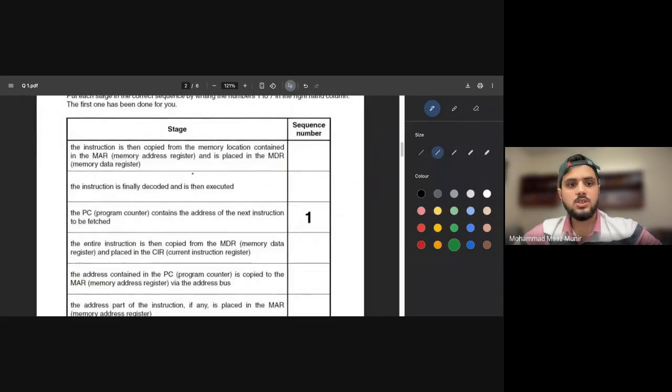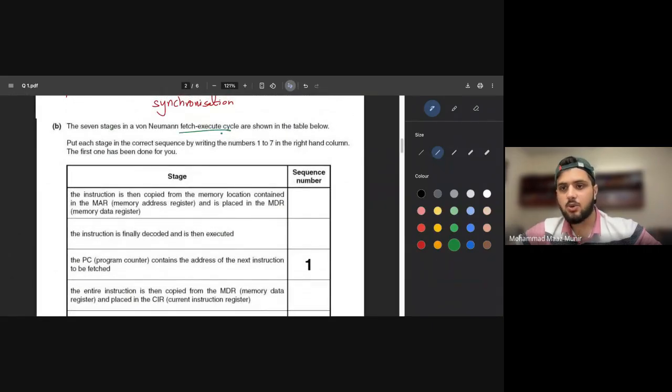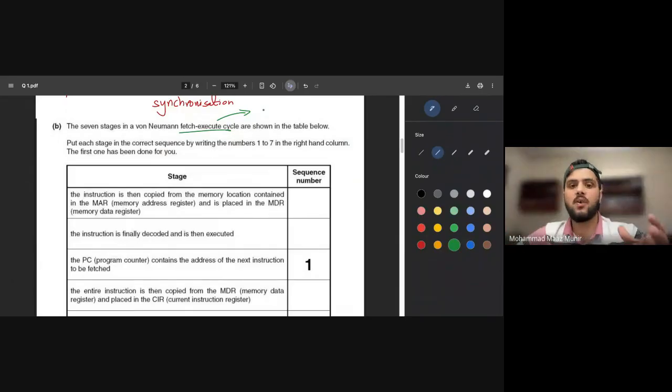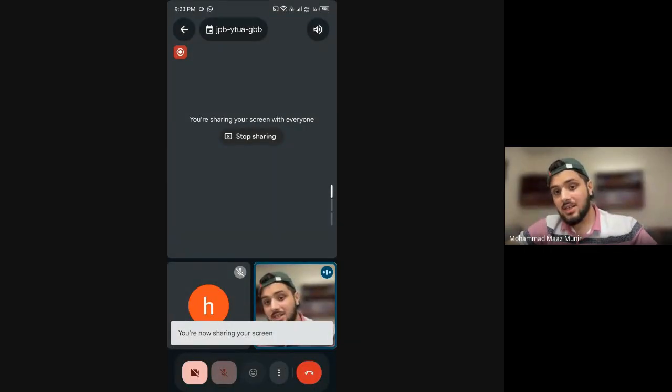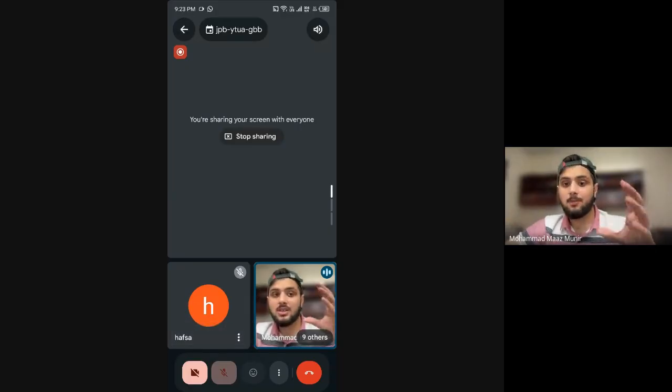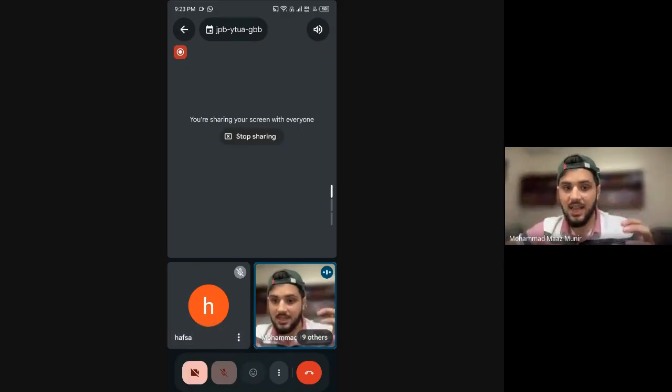Now, this question number 2 is basically discussing von Neumann fetch execute cycle. Now, what's fetch execute cycle? It is basically the whole mechanism of how your computer has a specific process, and how your computer fetches that process from the memory. How does it decode it? By decode, I mean how does it break the problem? And then finally,